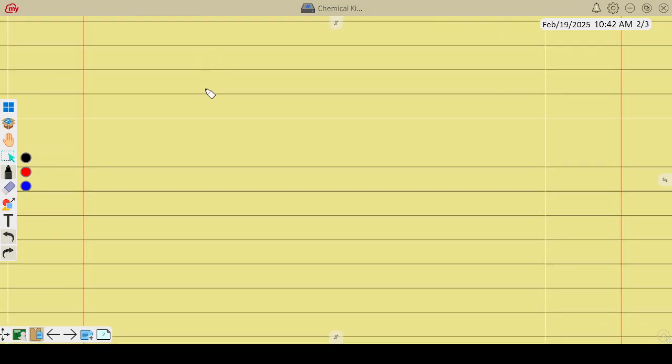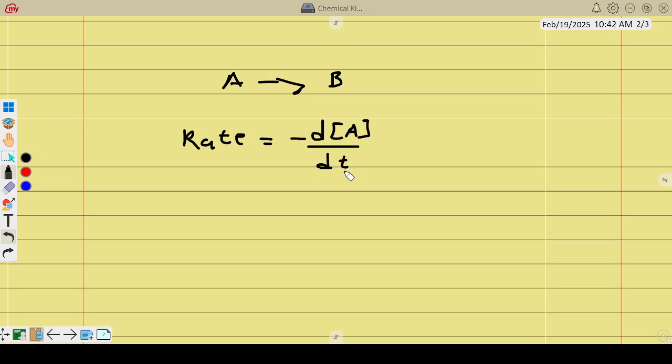Let's start with this. We say A is giving us B or anything. So let's start with the rate expression. The rate expression is the disappearance of A: dA, the change in concentration of A, over dt, the change in time. This is the rate expression. And now the rate law,